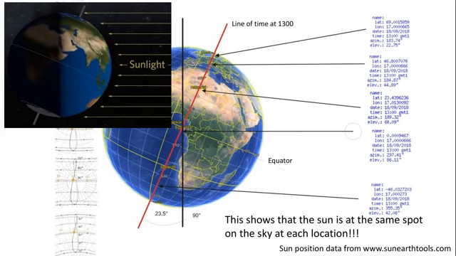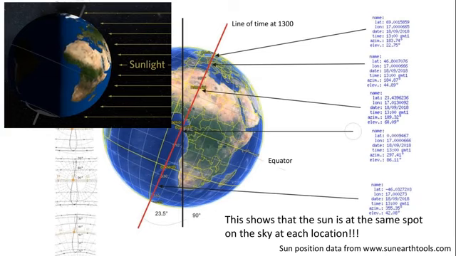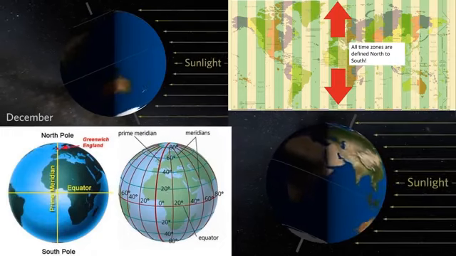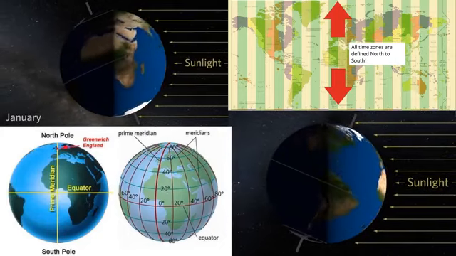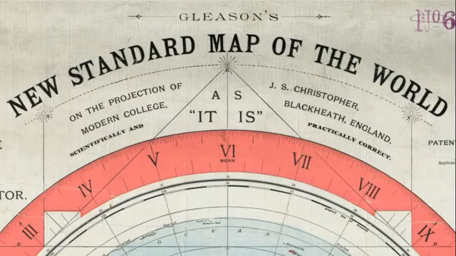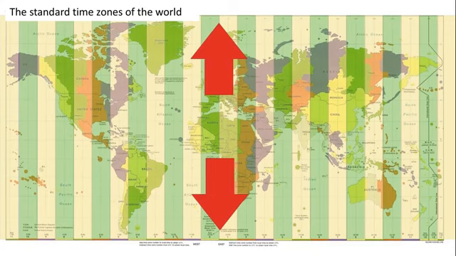This chart from sunearthtools.com shows that the sun is at the same spot in the sky at each location, in a diagonal form, despite that the sun's rays are hitting Earth at a straight angle. The conclusion is that both the temperature around the equator and time zones do not match with the globe Earth